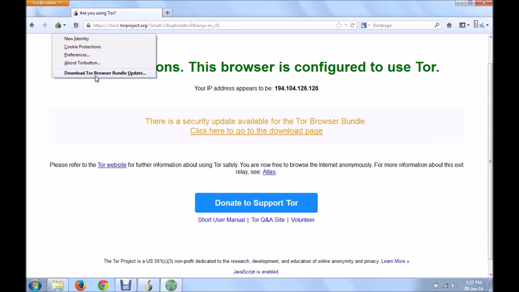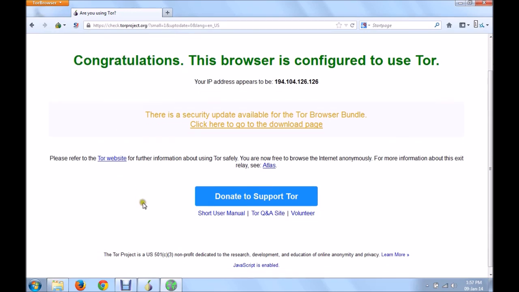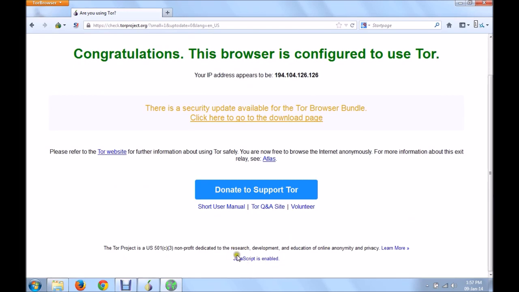So these are the bundles. You have to keep your browser updated all the time. Again, some JavaScript scripting is enabled. If you are a web developer and you have good knowledge about web development, you should disable this. You should enable this, and you can disable this too. It depends on you and your topics.